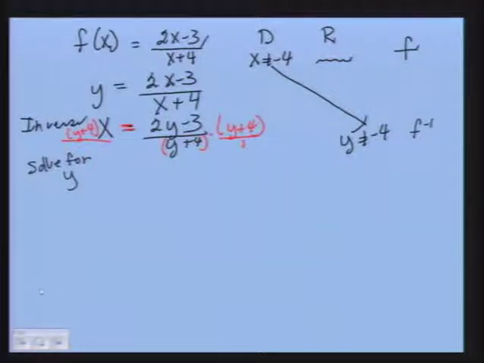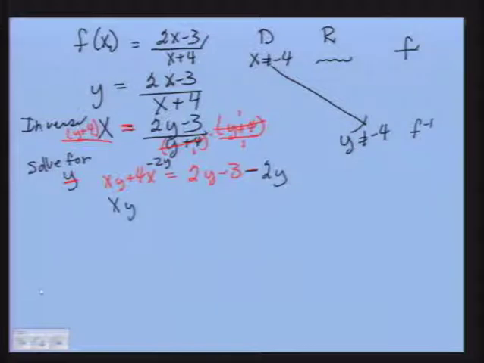So on the left side, we have xy plus 4x. And then on the right side, I chose y plus 4 so it would divide out with the y plus 4 in the denominator and leave me 2y minus 3 divided by 1 in the end. Now let's see, if I'm solving for y, I need all the y's on one side. So if I subtract 2y from both sides,